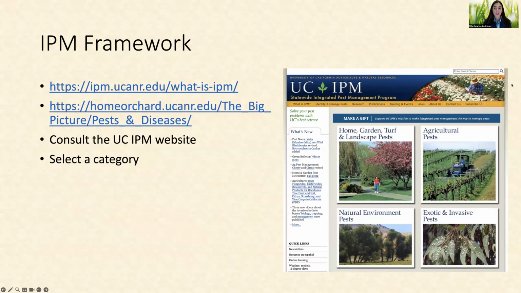So there's a lot of really good resources out there to help you with identification and all of the other steps within the IPM framework. So I pasted a couple of them here. We have just IPM, ucnr.edu. What is IPM? Excellent place to start, just defining IPM. There's also the Home Orchard website that has pest and disease info. But if you just want a simple place to start, you can just go directly to the UC IPM website